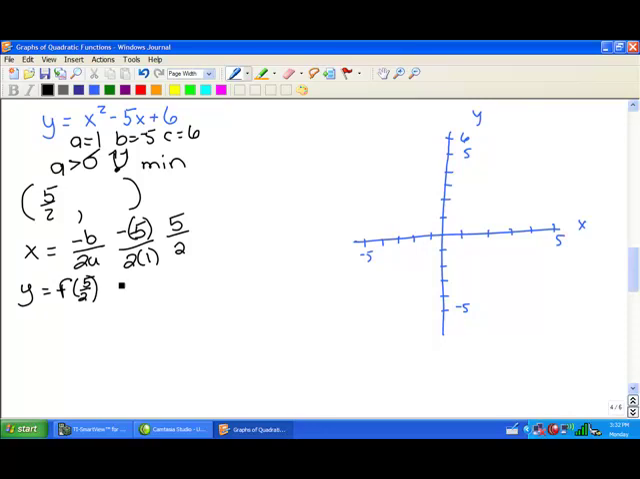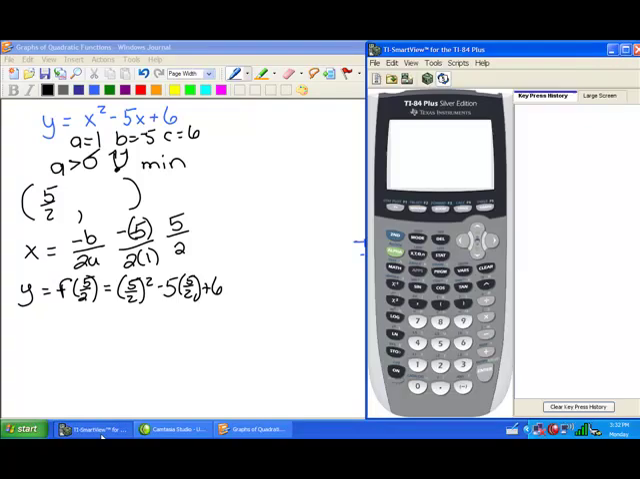So the function value of 5/2 is going to be 5/2 raised to the second power minus 5 times 5/2 plus 6. If you're uncomfortable working with a fraction, remember that your calculator will do this for you. In order to do this, let's type in parentheses 5 divided by 2, close parentheses, raised to the second power,